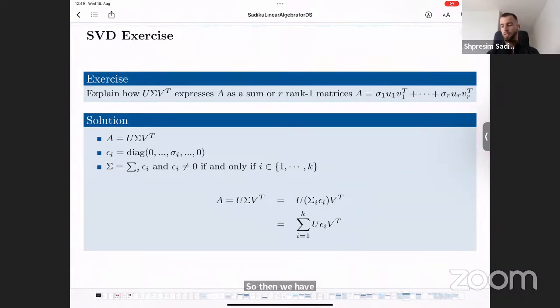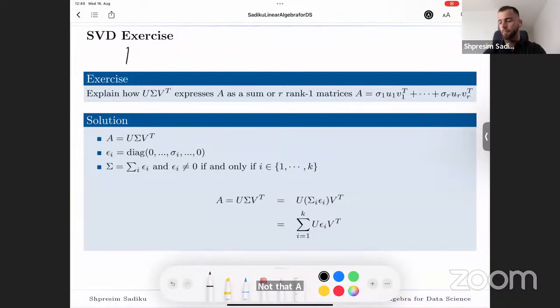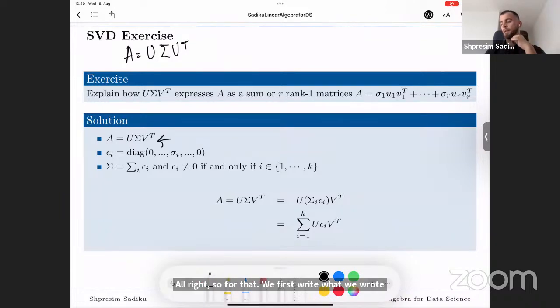We want to explain how this singular value decomposition U sigma V transposed expresses the matrix A. So we want to express this matrix A as a sum of rank 1 matrices, sigma 1, U1, V1 transpose plus up to sigma r, Ur, Vr transpose. All right, so for that, we first write what we wrote before, this expression. And then we write this sigma i to denote the diagonal matrix which contains only on the ith element of the diagonal the singular value sigma i. So sigma 1, for instance, would be